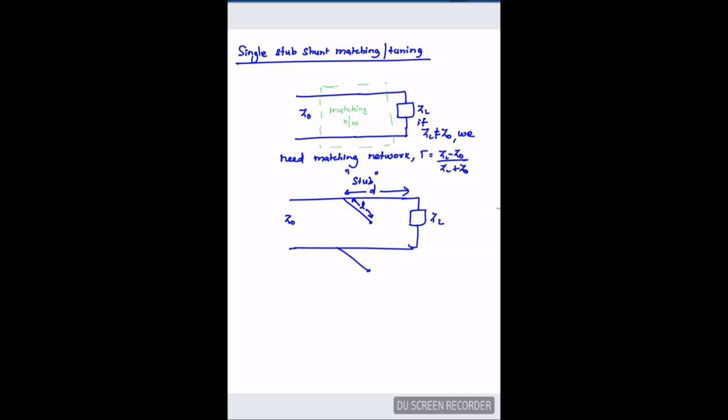One more thing is that the stub can be of two types. It can be shorted, or I can leave it open. So I have two types in shunt matching or tuning: open and short. So here we see one problem related to a shunt stub